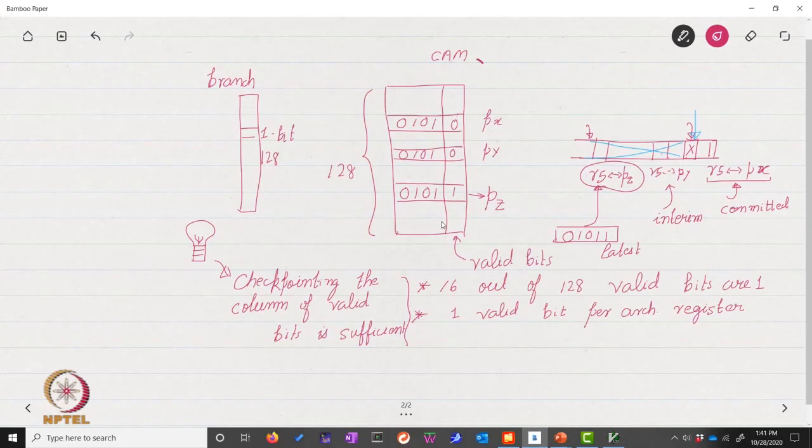For restoring the mappings, we will have a bit vector that would have stored the mapping for the branch. So there will be a mapping corresponding to this branch, right? The mapping that would correspond to this branch would have a 1 over here for PX, because for it PX is the latest mapping of R5, and for the other two, we don't really care what it contains because those are not relevant.